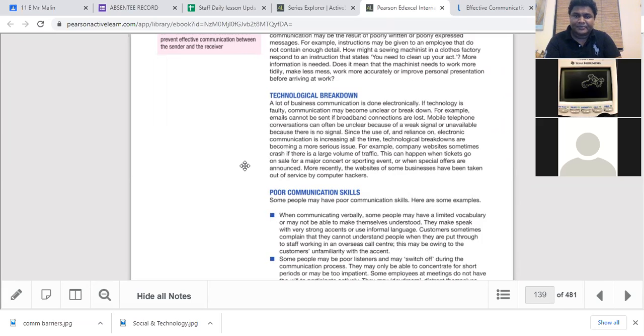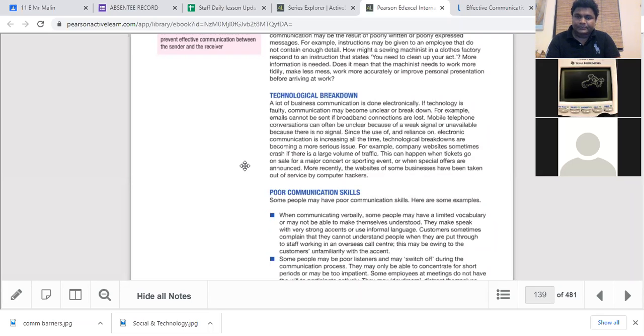A lot of business communication is done electronically, right? If the technology is faulty, what happens? Communication may become unclear or break down. For example, emails cannot be sent if broadband connections are lost. If there's no Wi-Fi, data is lost. Mobile telephone conversations can often be unclear because of a weak signal, or unavailable because there is no signal. Since the use of and reliance on electronic communication is increasing all the time, technological breakdowns are becoming